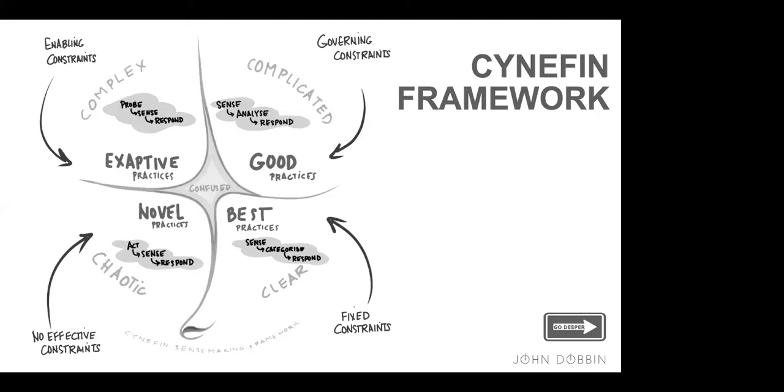So if you think you've got hacked, you lock everyone out of the system and you roll back to yesterday's version of the software. Or if one of your suppliers goes out of business, then you choose the next best supplier and you get them to come in. So with chaos, you need to act very, very quickly. Otherwise, things just will liquefy and go really out of control. And so there's no effective constraints. And the very last domain is in the middle. And that's the confused state. And that's the state when you don't know what state you're in.